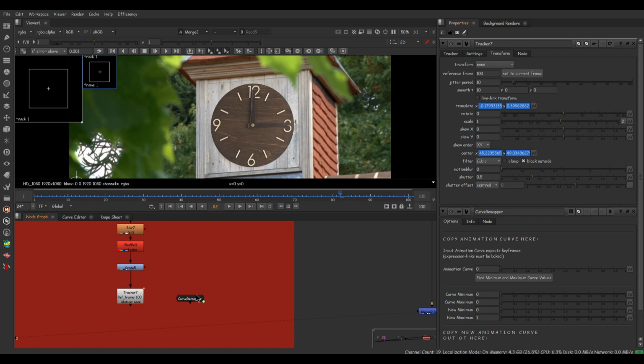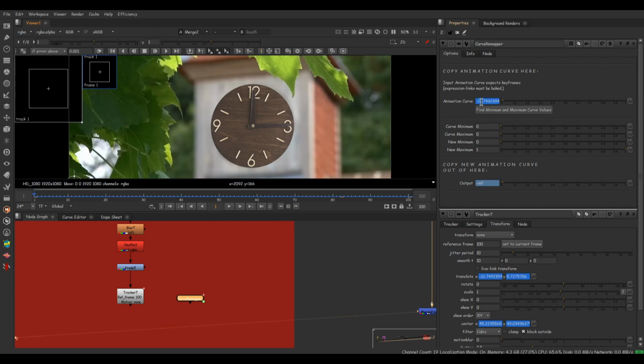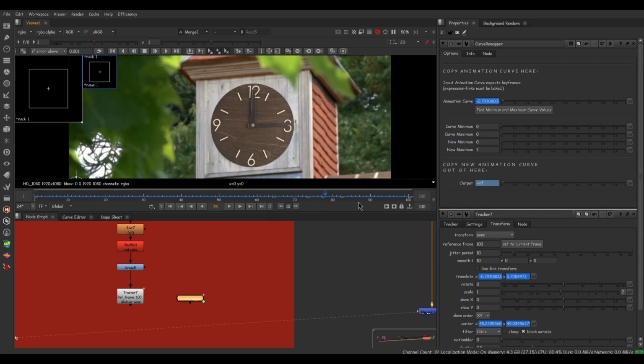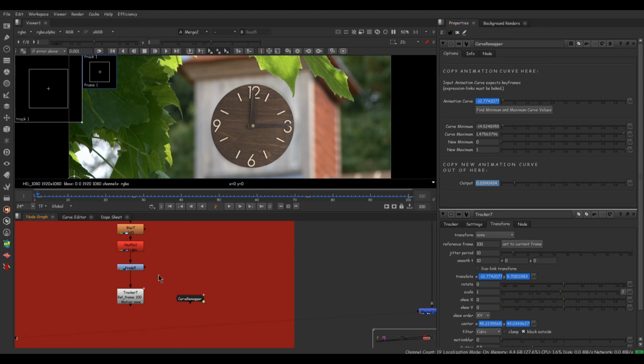And over here in this tool, go to animation curve and paste absolute. Now we have much more sensible animated values inside the animation curve knob, but we can't see any result in our element. So now I'm on the 100th frame. We have some options here. Click on this, find minimum and maximum curve values. You can see the result here, and also in the output knob there is a value generated, but there is not that much difference in the output. We can utilize these output values inside the defocus node as focus plane values.